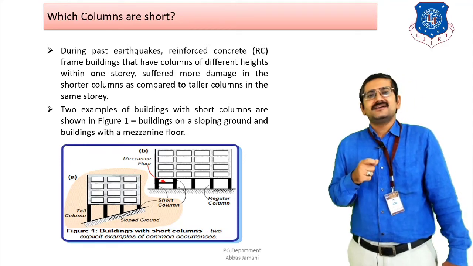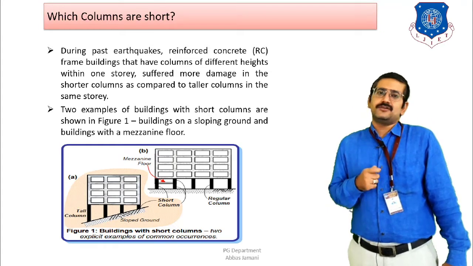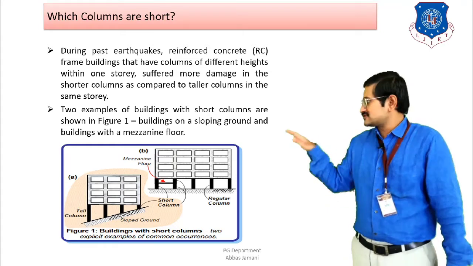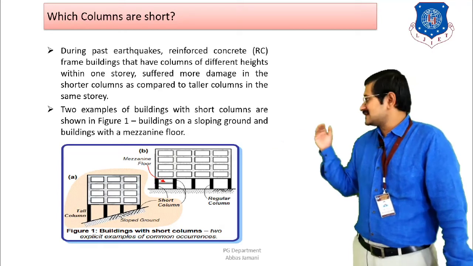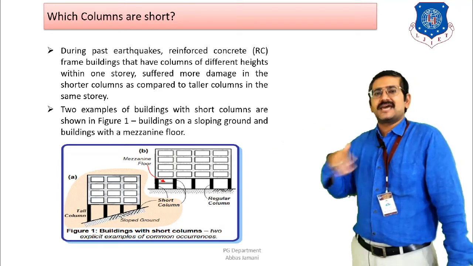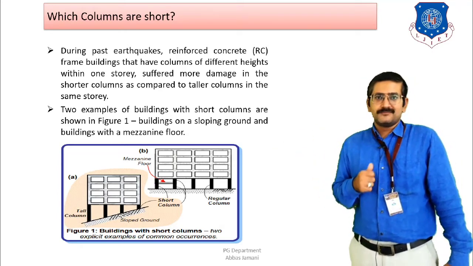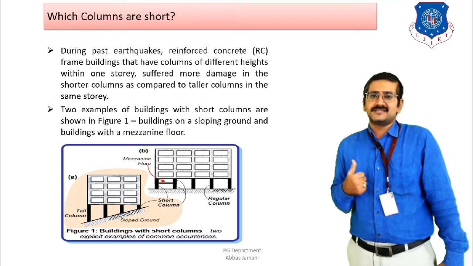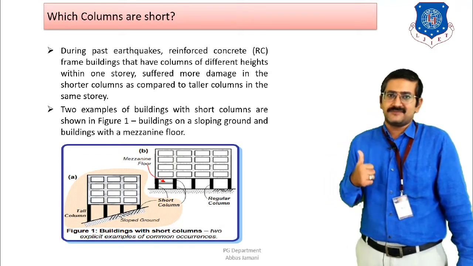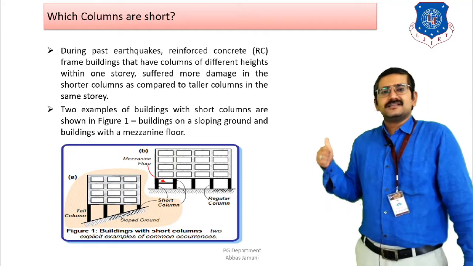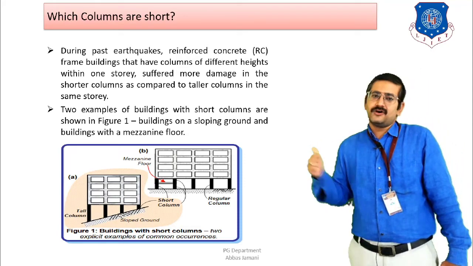Now this is a very common feature that you will see in buildings. That is, some portion of the building is having a slab, and the other portion is having a double height portion. These types of buildings you see in bungalows also. But whenever you have these kinds of things, you need to keep this in mind and check whether the column is becoming a short column or not.